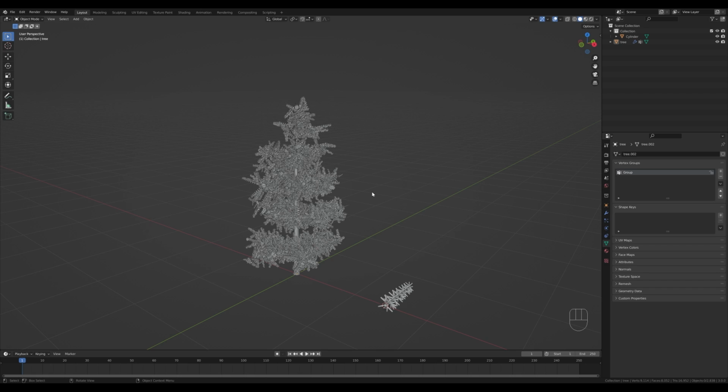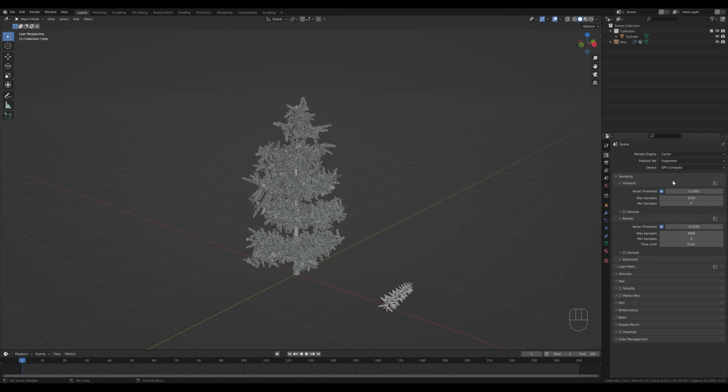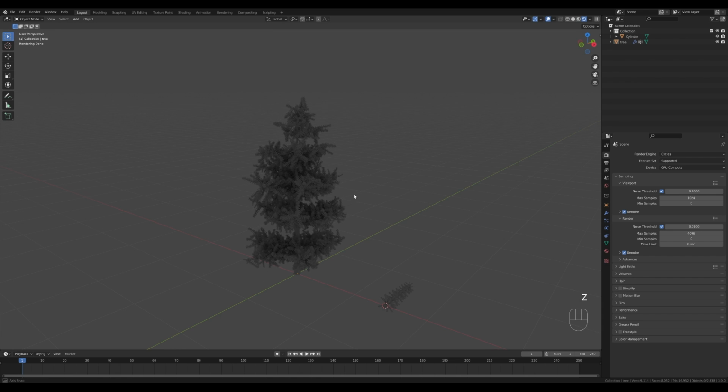And it looks a little bit messy, but it will all change when we add some lighting. So let's go to the render settings, and here we can enable ambient occlusion, bloom, and screen space reflection for some better EEVEE previews. But now I want to switch to Cycles. I will switch to GPU and enable denoising. So now if we switch to the render preview, you can see